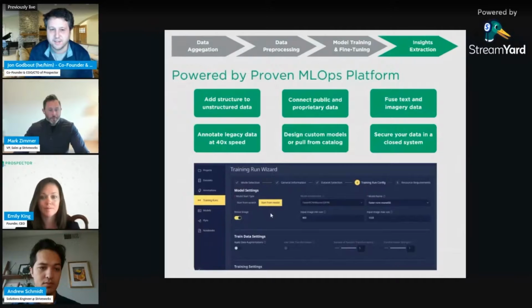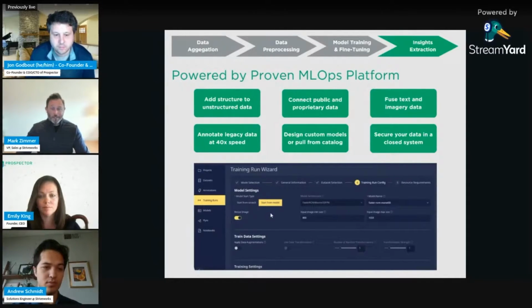Thanks, John. So the big thing here with Striveworks is we're very focused on both structured and unstructured data and trying to be able to extract insights from this. So what that looks like for a mining company that's been around for 50 or 100 years is you have a bunch of digitized documents that you need to basically pull insights from, whether that be drill results or images of maps. And so what Striveworks is purpose-built for is unstructured data and structuring that data so that you can query it in a meaningful way.